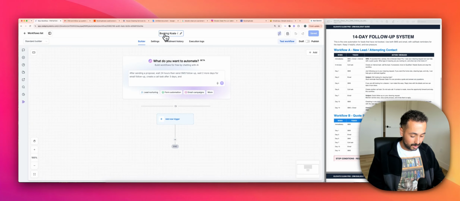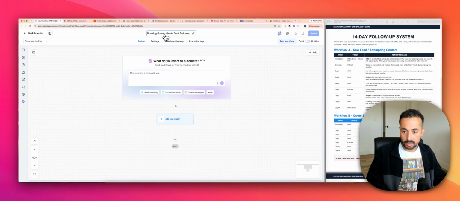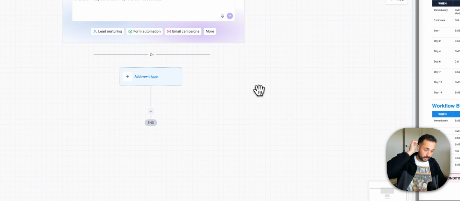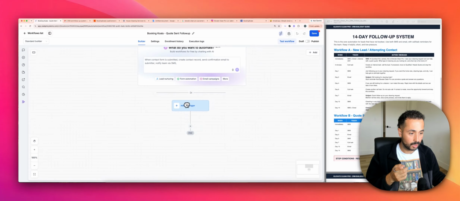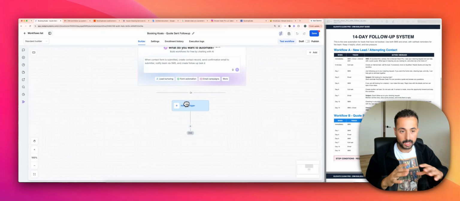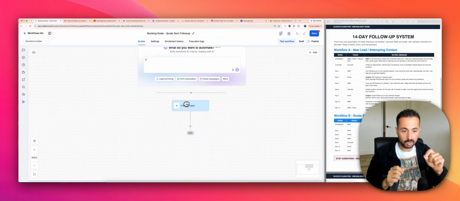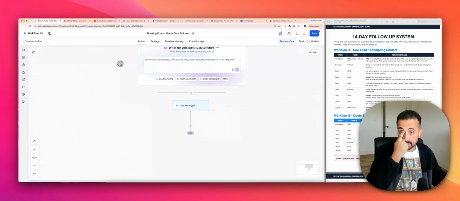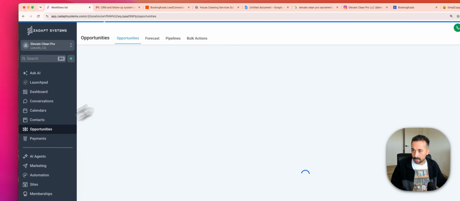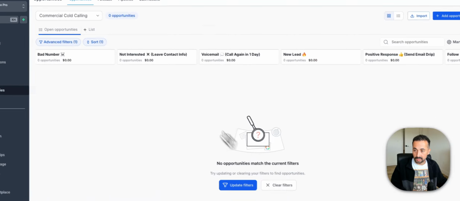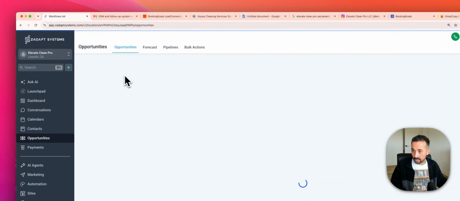All right, BookingKoala quote sent, follow up. What's going to happen here is it's also going to be triggered off of the pipeline. I would recommend basing a lot of your automations off of you dragging and dropping these leads into the pipeline. And let me just show you, because I don't think I illustrated that 40 minutes into this. But you come into your opportunities,